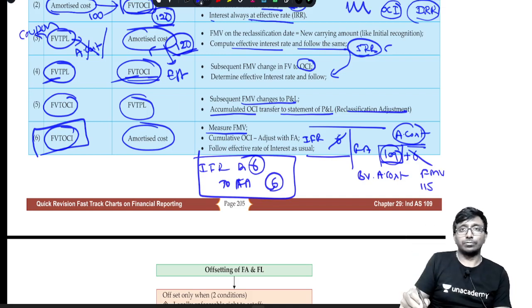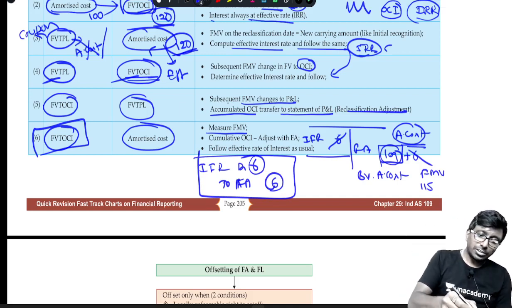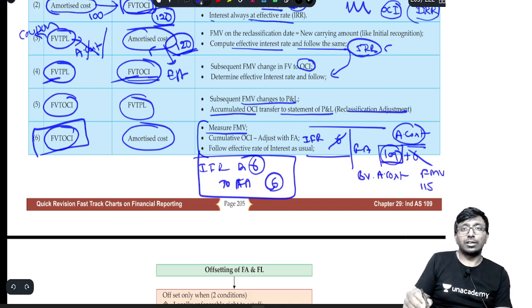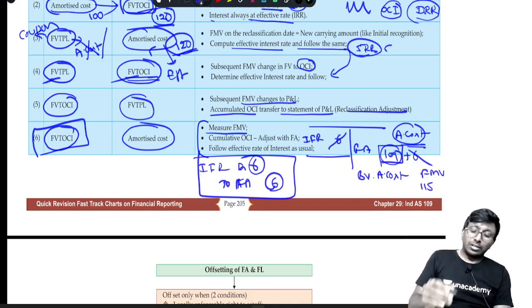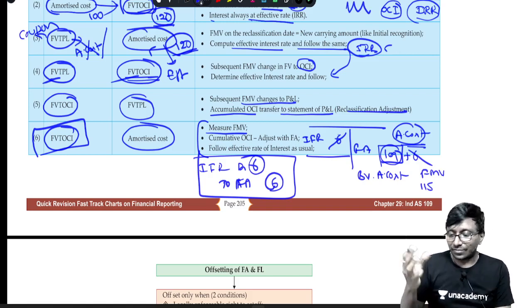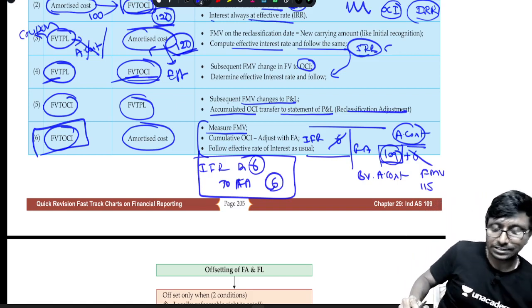This is what we will follow. Very simple. Rest of the things are normal. Measure it at fair value. Yeah, obviously we'll measure it at fair value. Okay. That is about reclassification